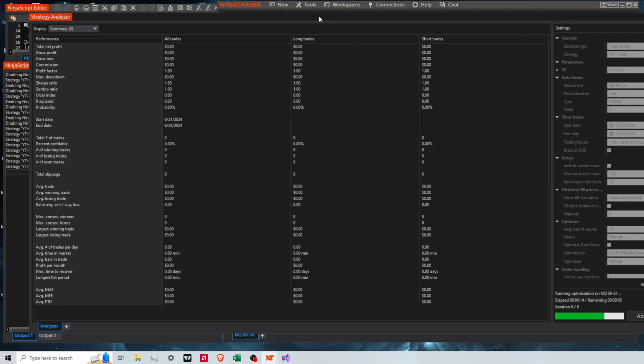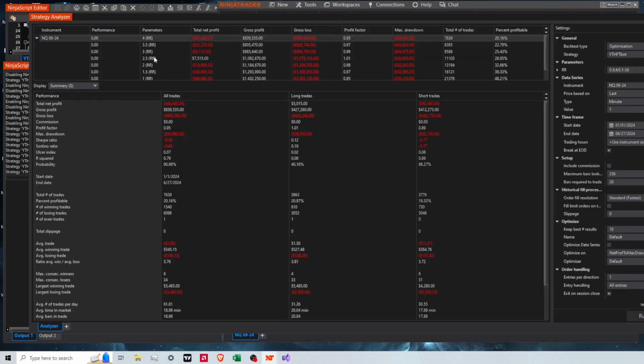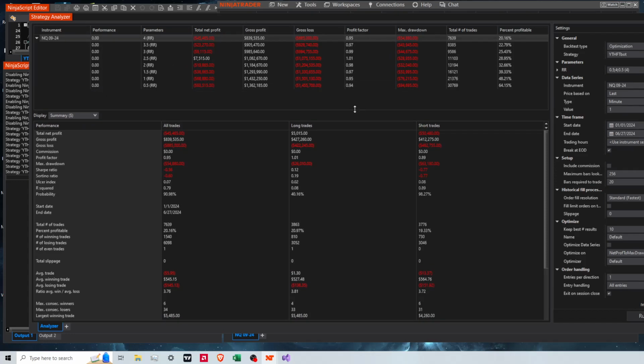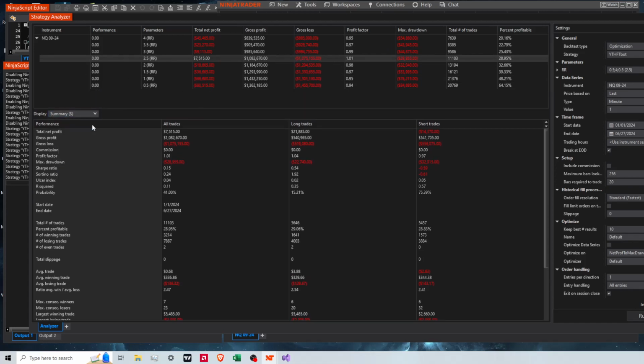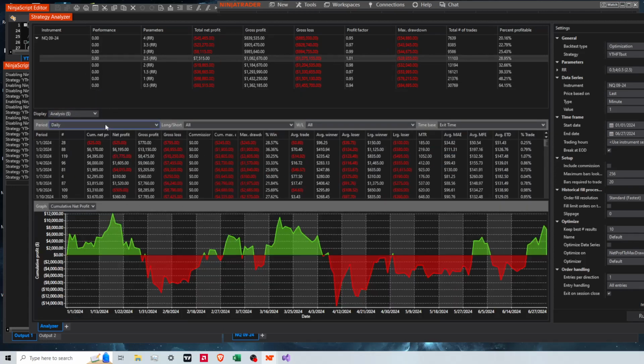Basically what I want to see is if it performs better or worse during the cash session, which is New York Stock Exchange open from 9:30 to 4. Okay, so looks like all of those lost money except one. But they're trading a lot and only to make a little bit. So not great, but